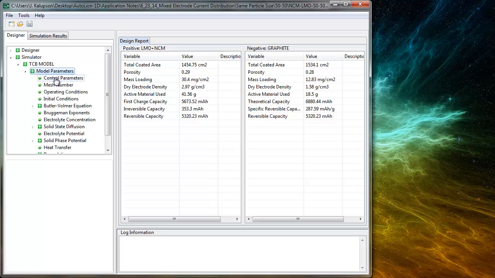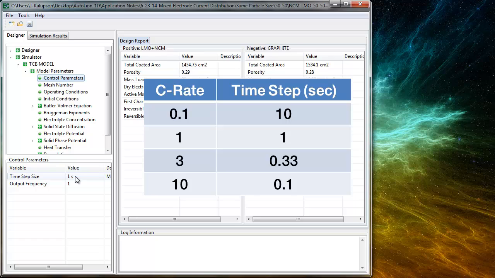The first tab is the control parameters tab. The time step input determines the relative time step used in the simulation. Autoline will automatically adjust the time step to be inversely proportional to the applied current. For example, if the applied current is 10C, the time step will be 0.1 seconds under that condition. If, on the other hand, you set it to 0.5C, the time step will be 2 seconds, and so on